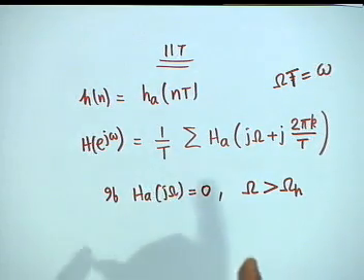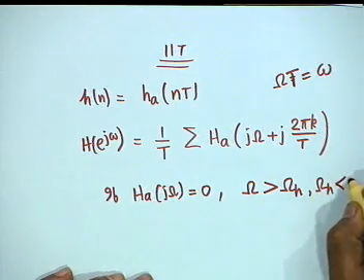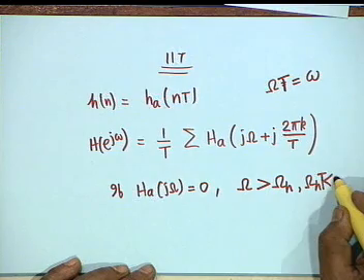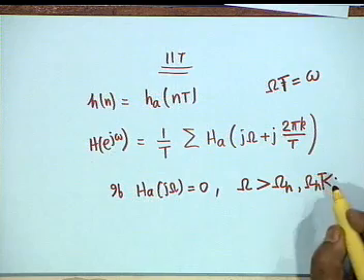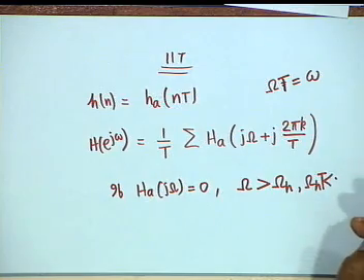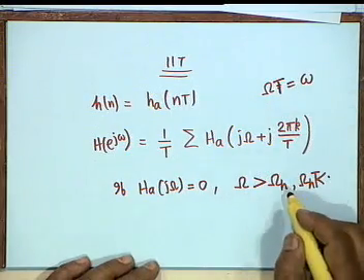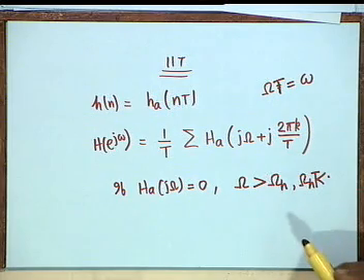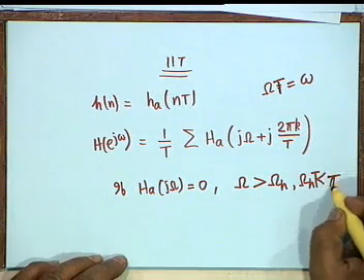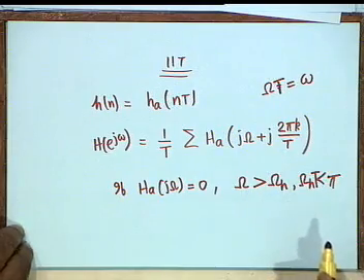if there is a highest frequency beyond which the spectrum is 0, where omega_h T is less than pi. Come on, our baseband is 0 to pi. Omega T is small omega, baseband is 0 to pi. So the spectrum must end at omega_h T, and omega_h T must be less than pi. Sir, okay, mod omega is greater than mod omega, okay.